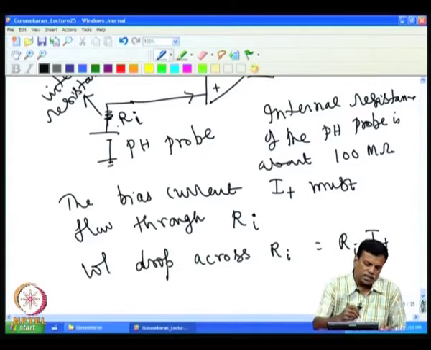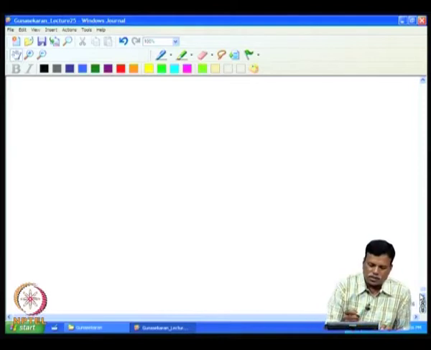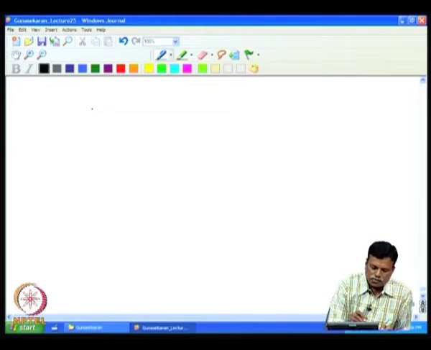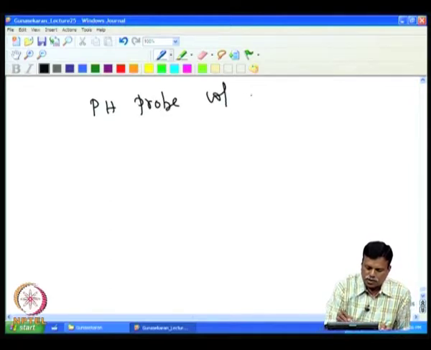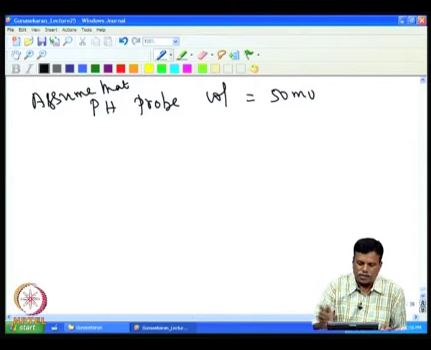This voltage, actually the current is flowing like this. So, this voltage is minus. So, the net input voltage will be the voltage of the pH probe minus the voltage drop that had occurred. So, assume that the pH probe gives you 50 millivolt per pH. So, the pH probe voltage is equal to 50 millivolt. We assume that the pH probe voltage is 50 millivolt. Then